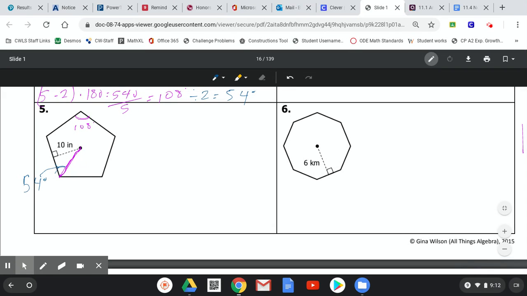So now we have a right triangle, a side length 10. We got to find x over here. All right, this is where it's 54. There's no special right triangle for 54, okay? So we have to use trig on this one. And if you guys haven't noticed, the ones where they give you the apothem, you're going to use tangent. It's going to be a little bit different if they give you a radius, but for right now, just giving you the apothem, so we're going to use tangent, okay? So we're going to say tan of 54 equals 10 over x. All right, so this is where we switch, 10 divided by the tangent of 54 to find out what x is. All right, when we do that, x equals 7.27. Alrighty, so now, again,